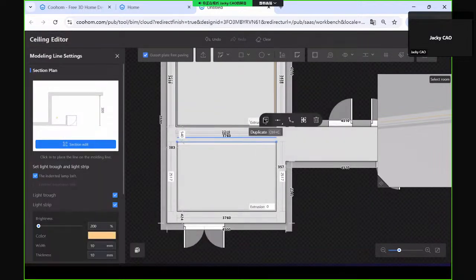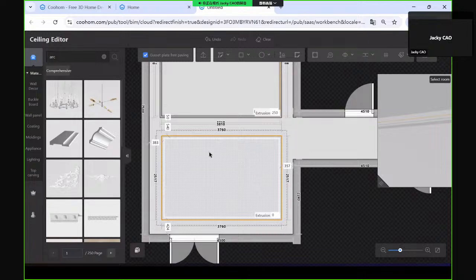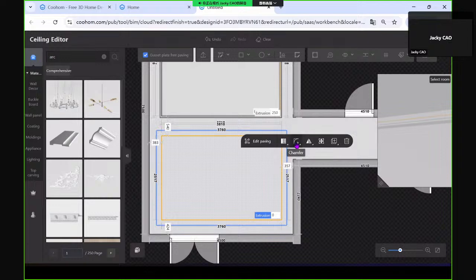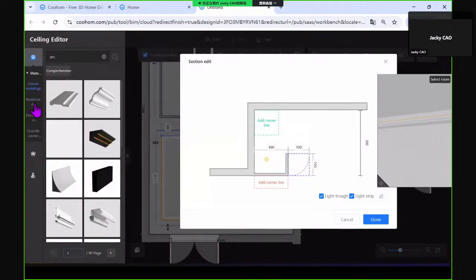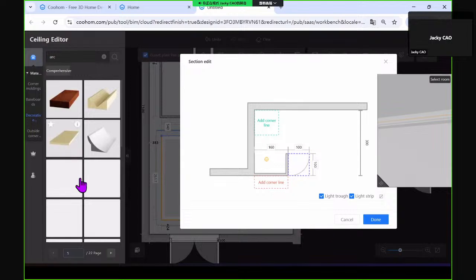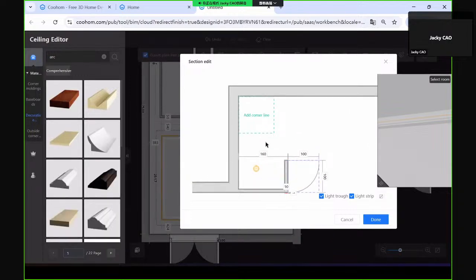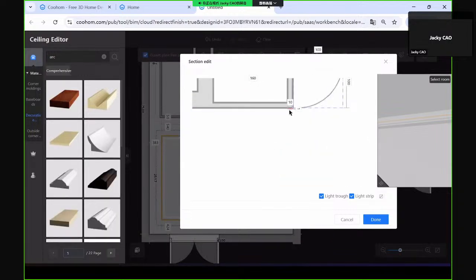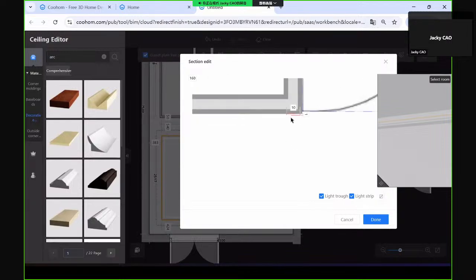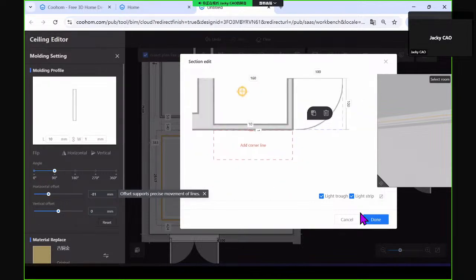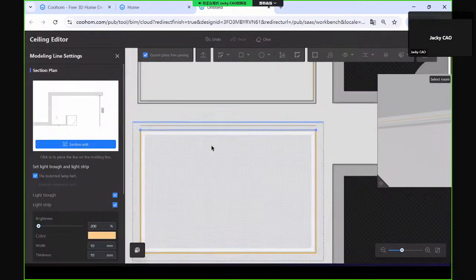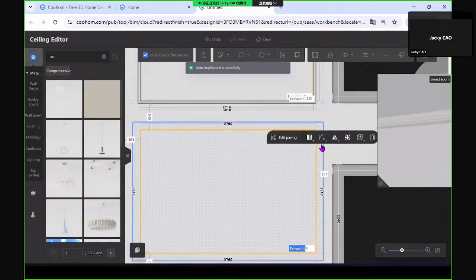And then you can use the duplicate. But here, a kind of trap is that if you really want to use the chamfer, I know some of you know that you have the chamfer function, but if you try using it on the second corner line here, for example, let's put some decor as well. This one is very thin. Click horizon. Let's say we have this kind of border, but once you duplicate that and then you use the chamfer,